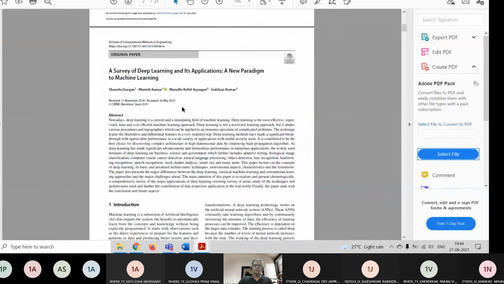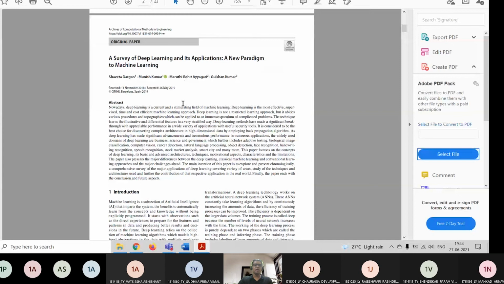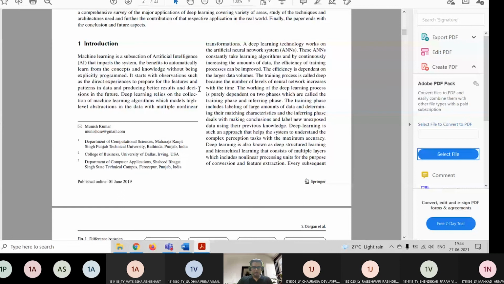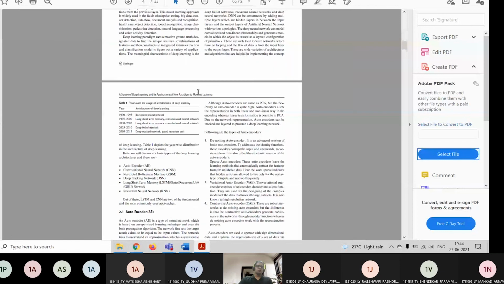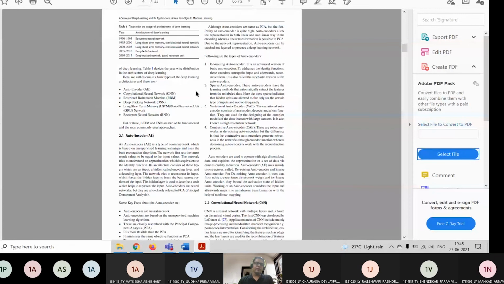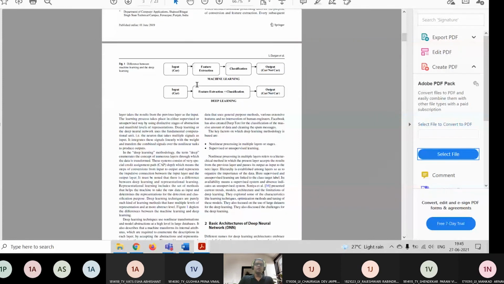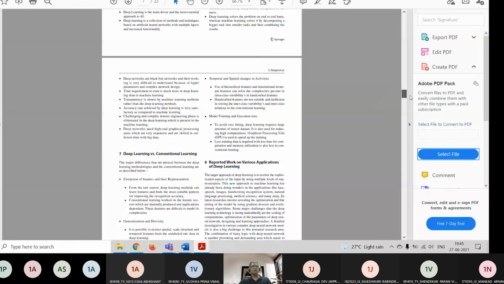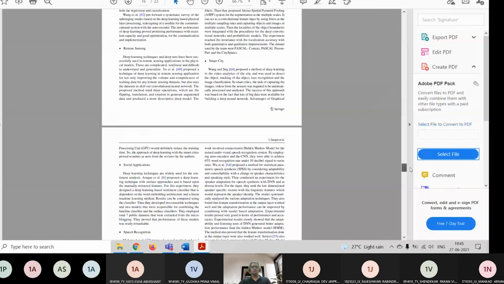Next is a survey paper. This is not my paper; I took an example from the internet. A survey paper generally depicts a survey. It talks about all the various types of algorithms, where they are being used, etc. If you want to write a survey paper, you need to think really hard about what you want to survey and how much you want to survey, because this paper is around 5 to 6 pages and this survey paper is around 20 pages. Survey papers are actually bigger than 10 pages. So keep that in mind if you want to write a survey paper.